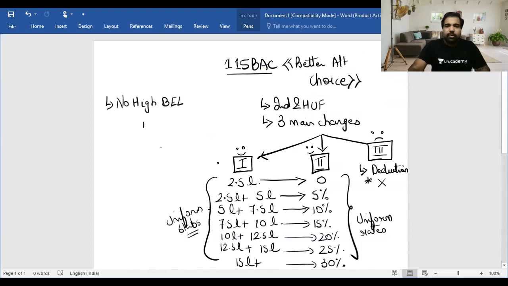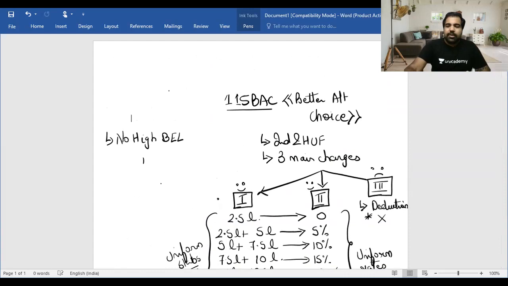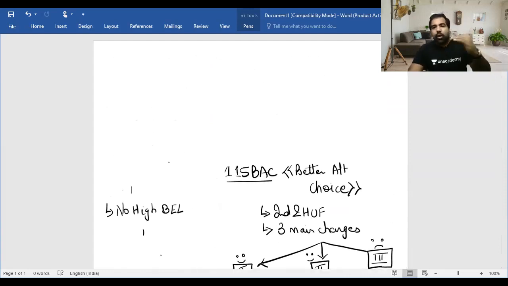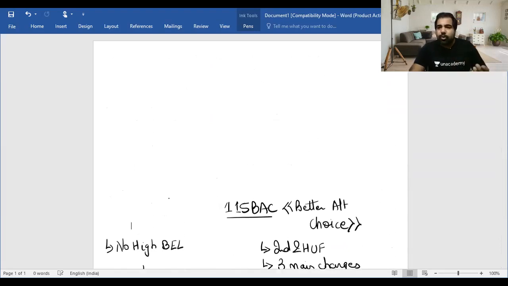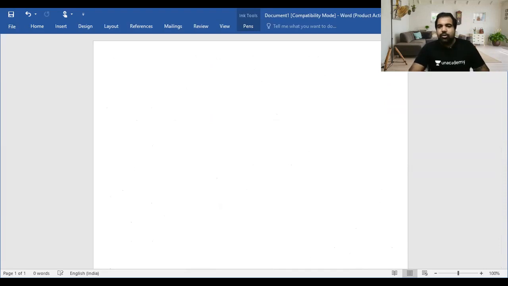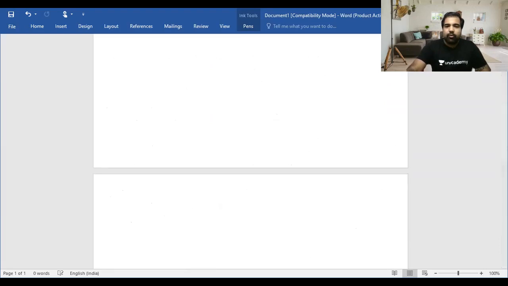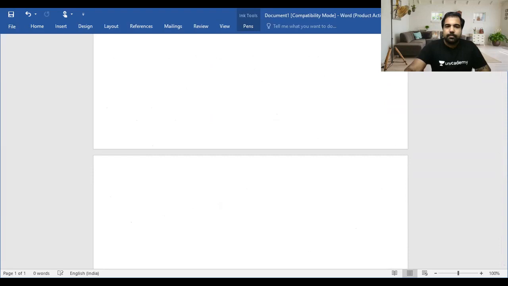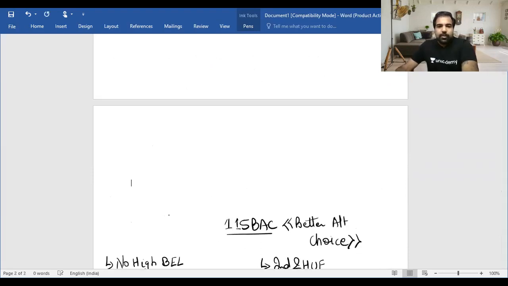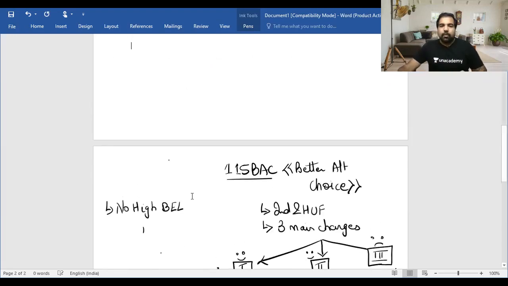Going to the next page, guys. Just making some space here. So these are some things that you will not get. Now let's see ahead in the salaries head. If you go headwise, it's very easy to remember. You don't have to push yourself to learn it by heart. Just go headwise, and in each head, understand which is not there, and that makes it much easier. All right, moving ahead.